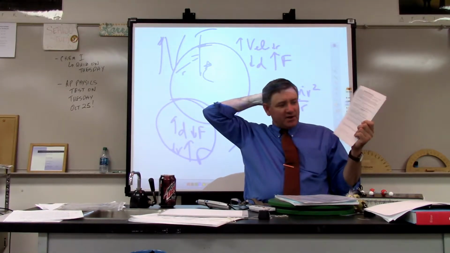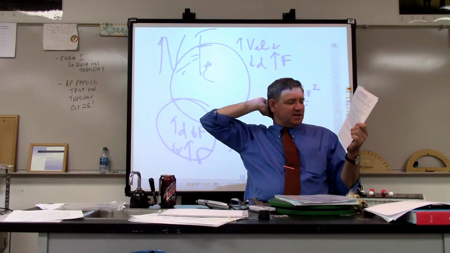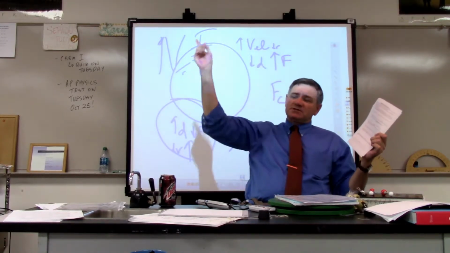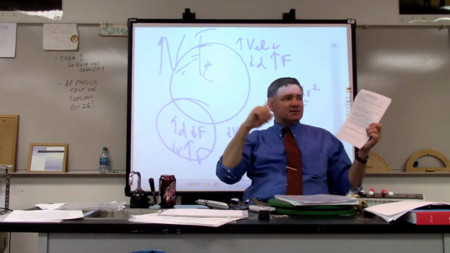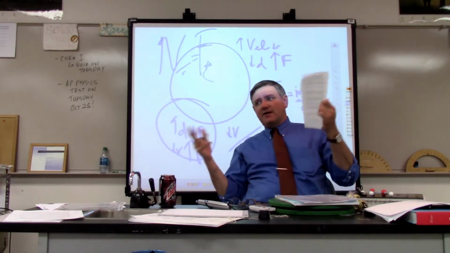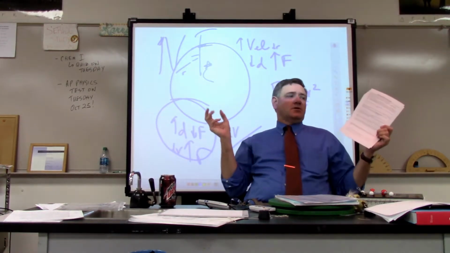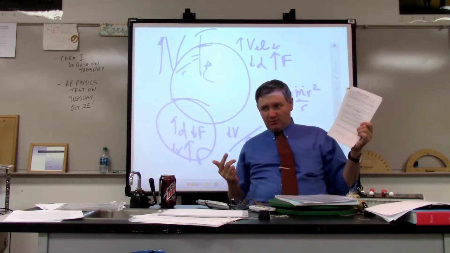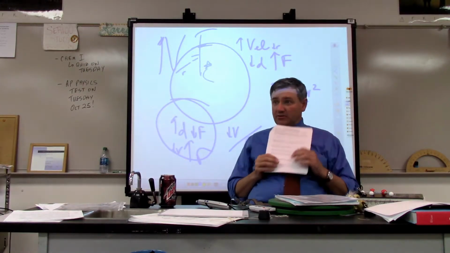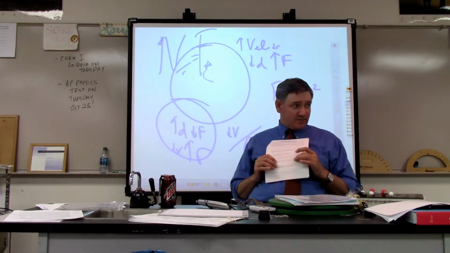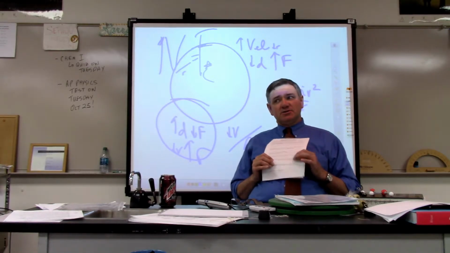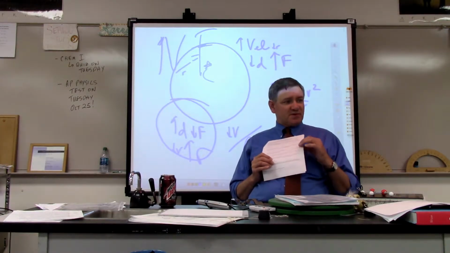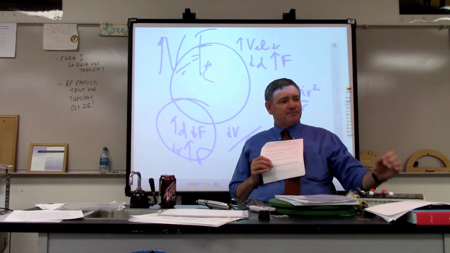On number 5, you're going to calculate the centripetal force needed to keep Mercury in orbit, and we're just going to assume for the sake of argument that it is a circular orbit, because otherwise you've got to do calculus and a whole bunch of weird stuff. So we're just going to assume that it is a circular orbit. And I tell you, use mass times 4 pi squared r over t squared. Pay attention to the units. So the first thing that you're going to do,